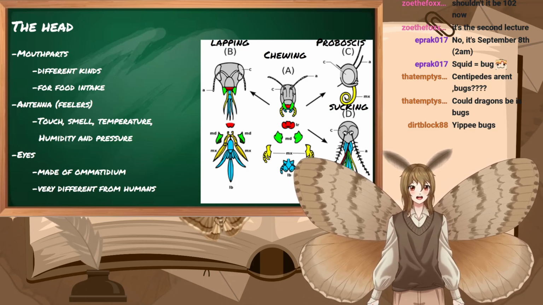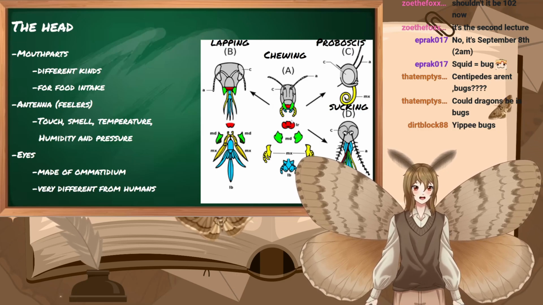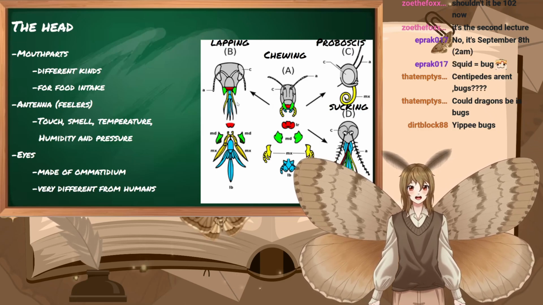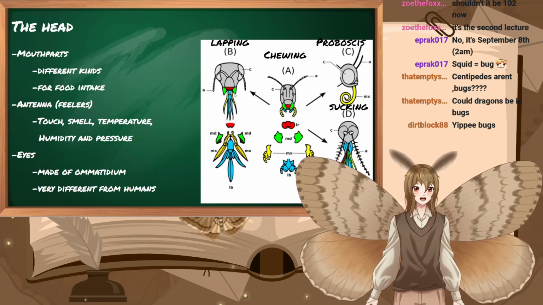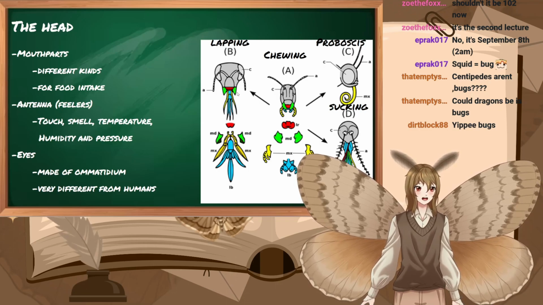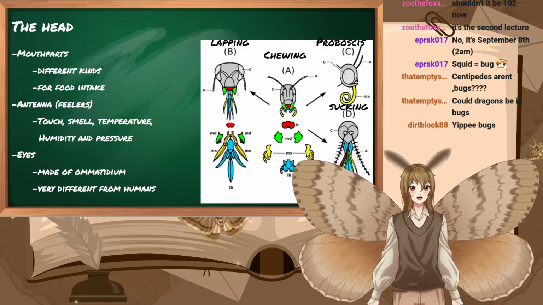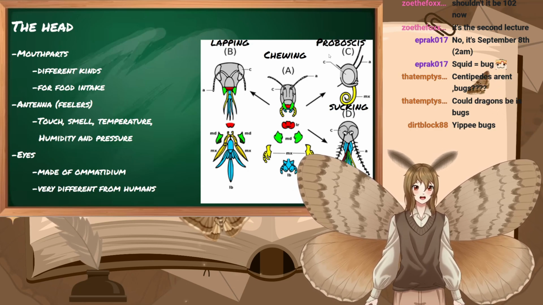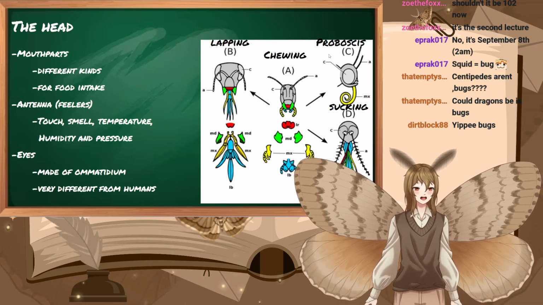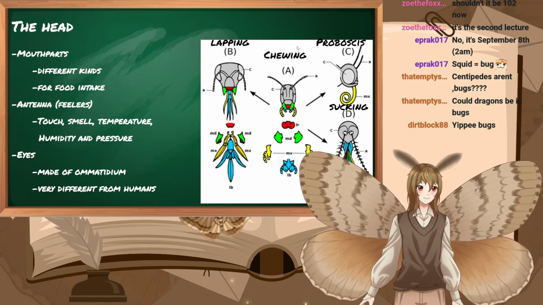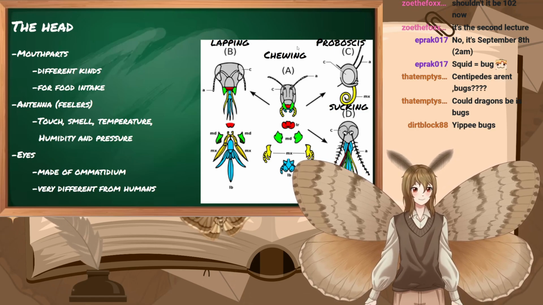But you can now see on this great image on the right, that would be mouth parts made for chewing. You have a lapping mouth part, which is very important for bees. And we also have a proboscis, which we can very often see for nectar intake in butterflies and other moth species, for example.